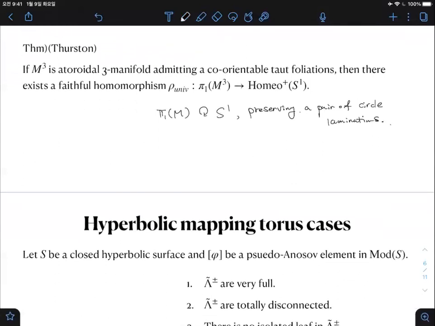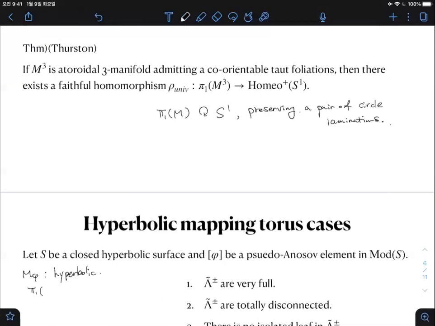Let S be a closed hyperbolic surface and phi be a pseudo-Anosov element in the mapping class group of S. So the mapping torus is going to be a hyperbolic 3-manifold. And obviously, this mapping torus is foliated by its fibers. So that foliation is obviously a taut foliation. So by the Thurston theorem,